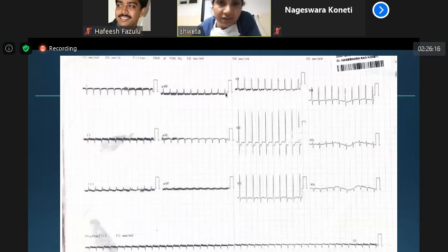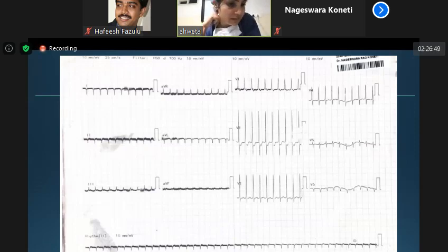So inverted P waves in V1 for this newborn is not normal, right? Because it's a newborn, just a 10-day-old child. Then another site for looking for P waves is aVR and aVL. It should be inverted in aVR and positive in aVL. So again, that is not there. That's why this is not normal sinus tachycardia, but instead an atrial tachycardia going on in the baby. And that's why there is a possibility of tachycardiomyopathy.